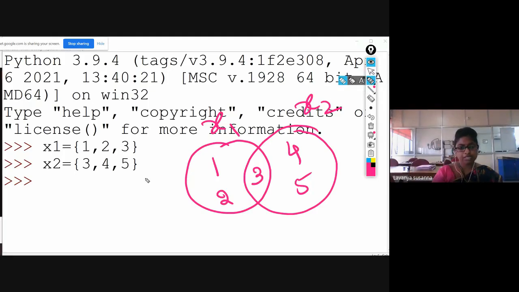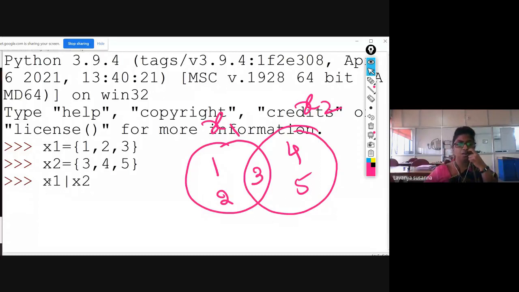To do this operation, you need to give an operator. You need to specify x1, this operator, and x2. See here, which operator? This one, the OR operator you need to provide. I will execute and I will show you. x1 OR operator x2.